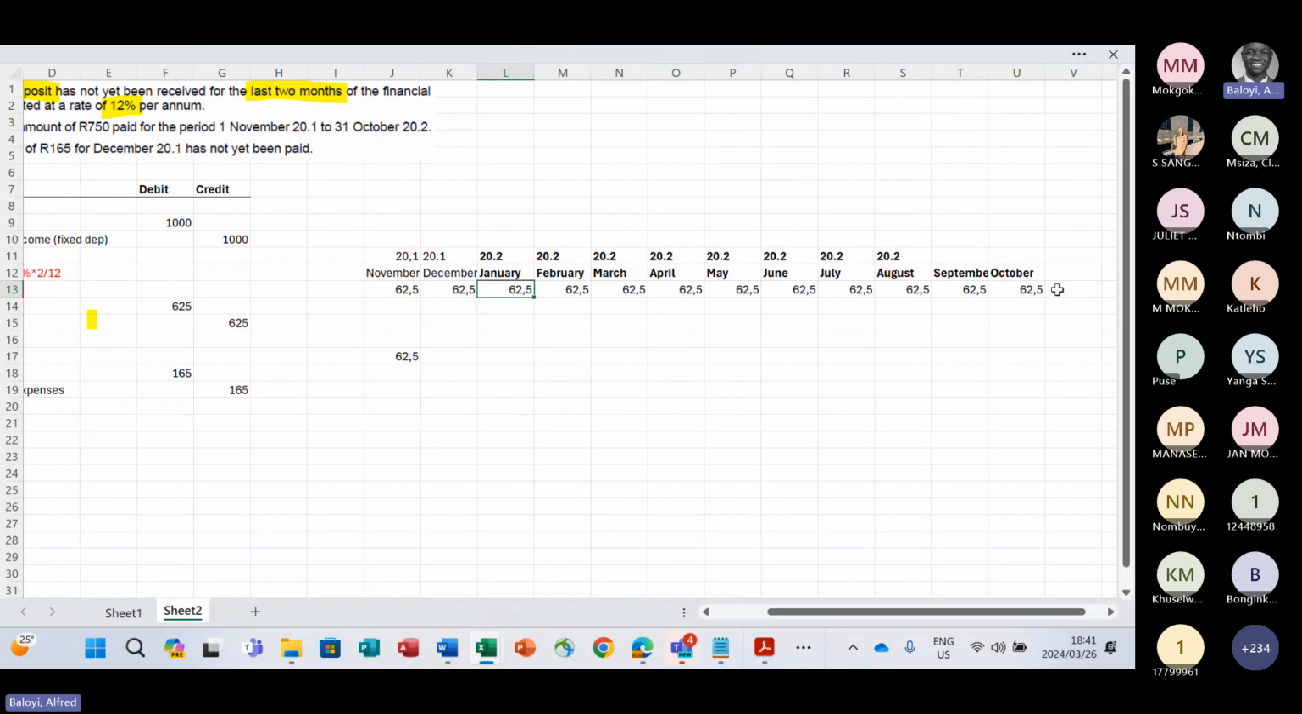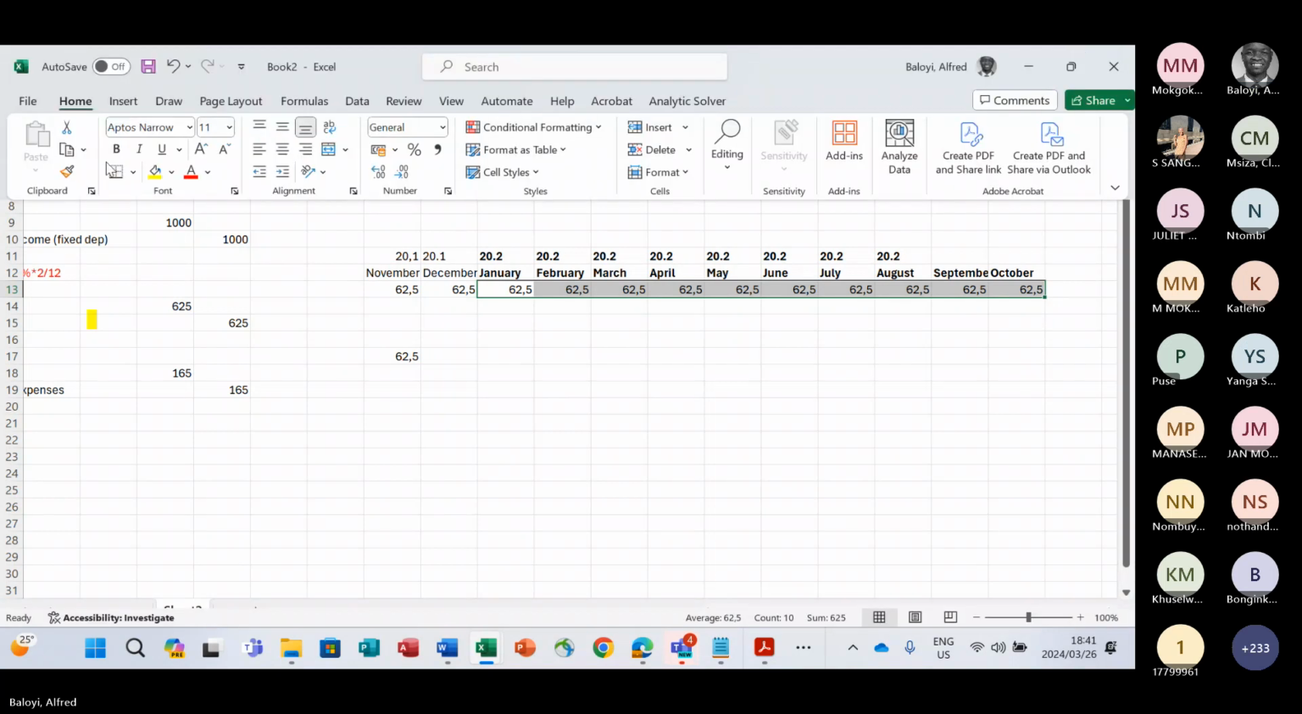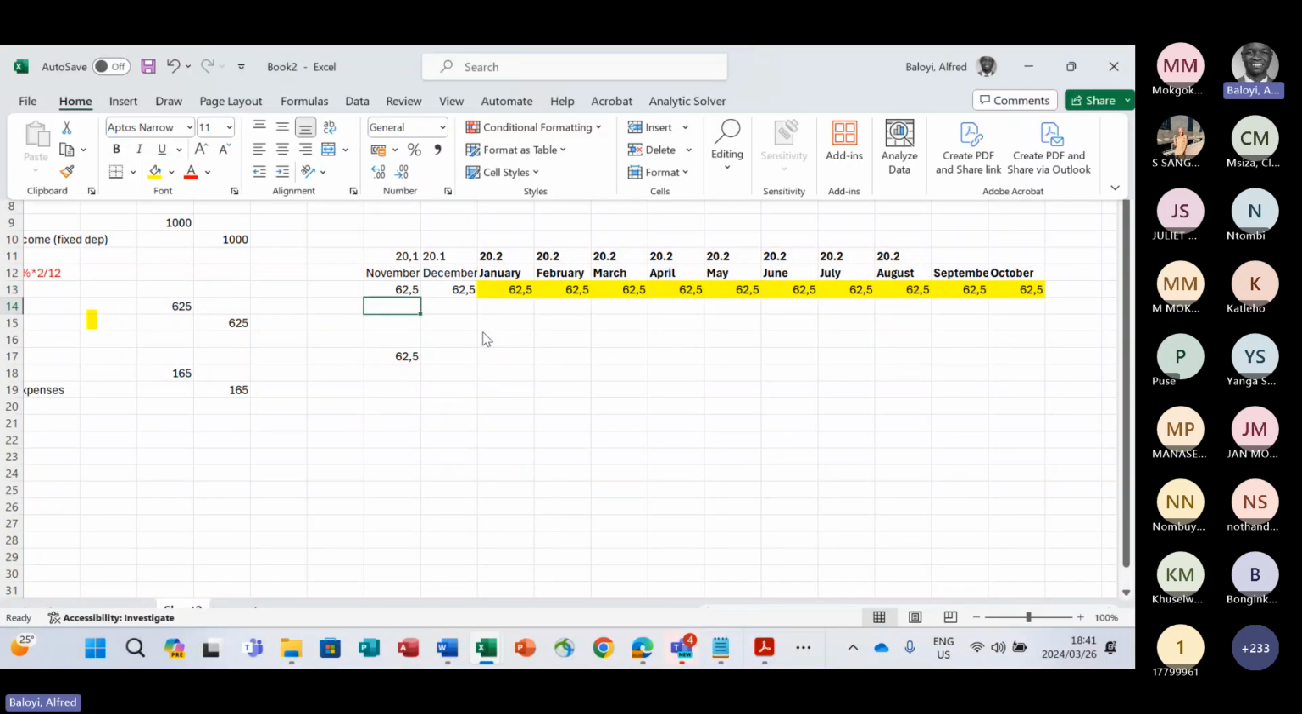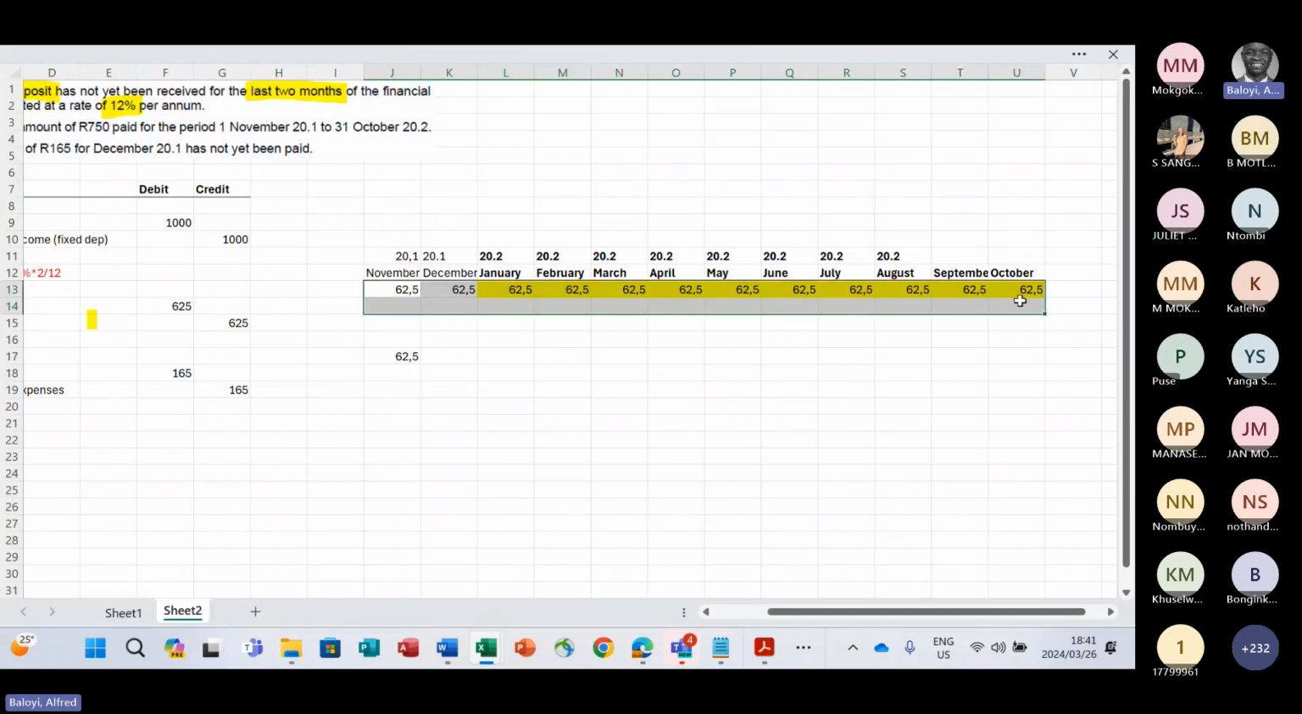So this amount, let me just highlight it in a different color. And then if we sum this, it's not giving me a sum. So the total of this is 750, right? However, of the 750, whatever is relating to the current year,